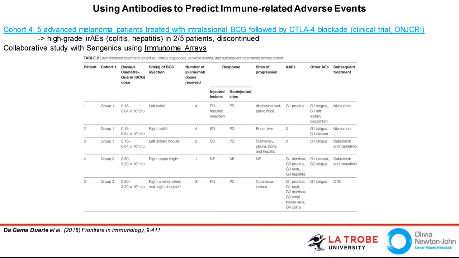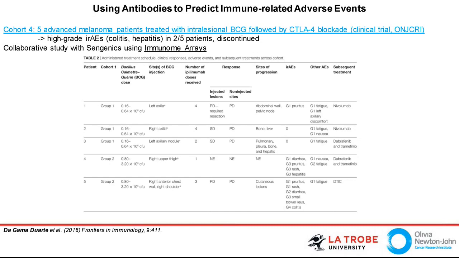And this study was actually discontinued because of the side effects. Patients received intralesional BCG followed by CTLA-4 blockade. So essentially, tumors were injected with BCG, and then patients were given an immune checkpoint blockade agent, so immunotherapeutic. 2 out of the 5 patients actually had severe high-grade toxicities, including colitis and hepatitis, and the trial had to